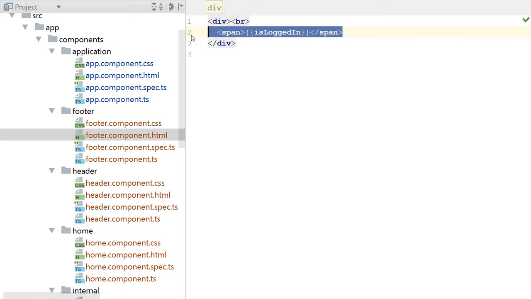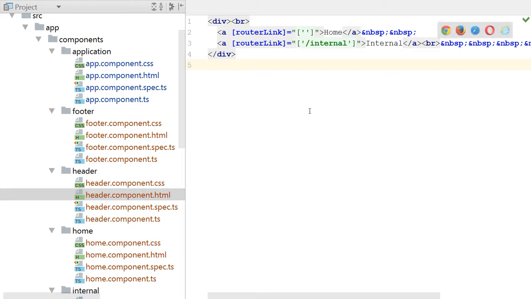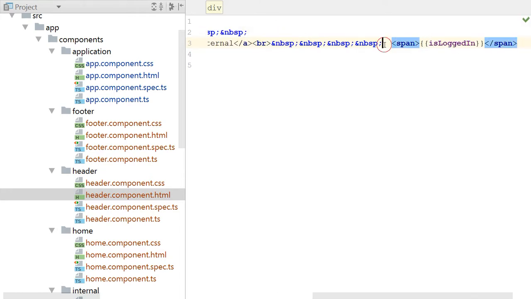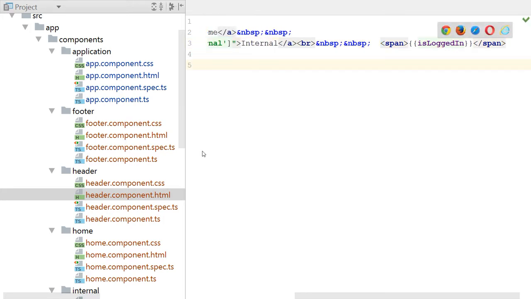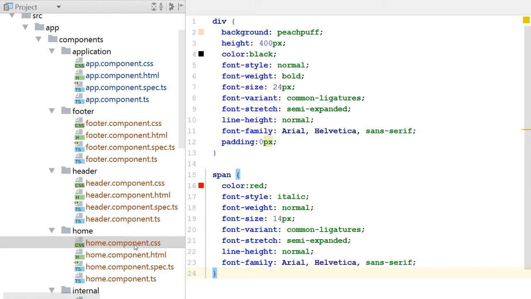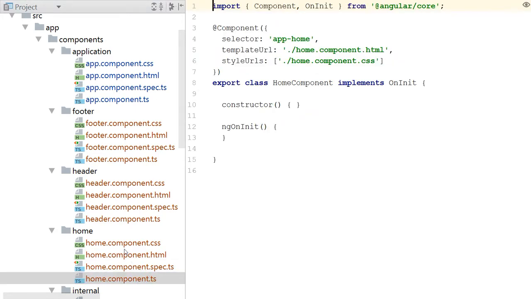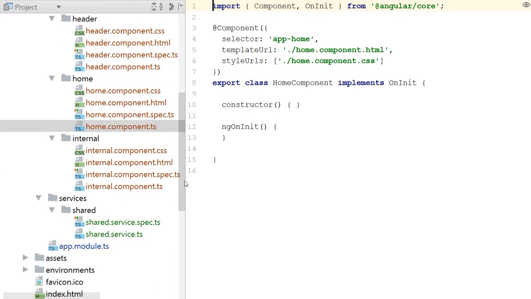Then what the heck, let me just copy this thing. Let's see, in the header, I just want to put this. And then in home, I don't really have it in home, but if I wanted to, I could do that. Let's just see what happens. This home doesn't even have the attributes, so